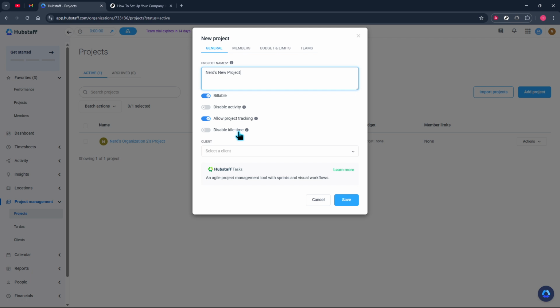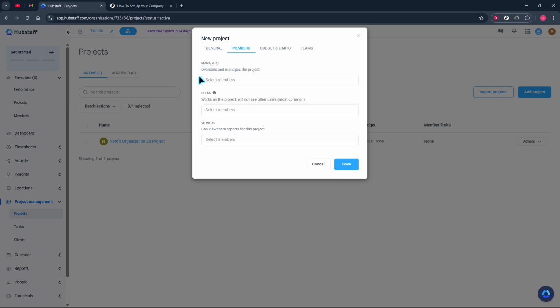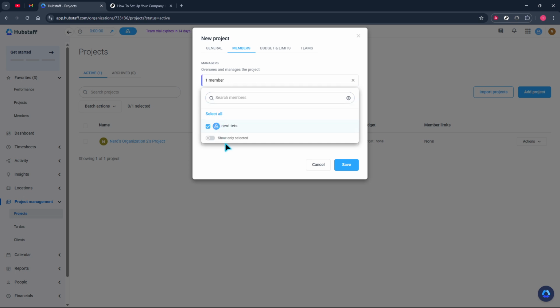Allow project tracking should remain enabled so team members can select and track time to this project across the Hubstaff apps. Disable idle time prevents idle detections from trimming time when there's no recent activity. Keep this off if you want Hubstaff to flag idle moments automatically, or enable it if idle checks would interrupt